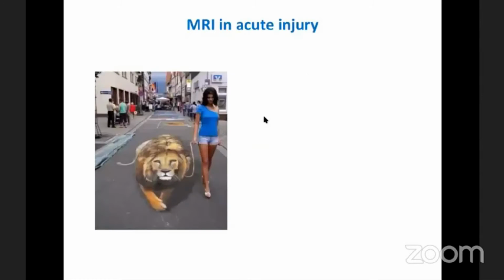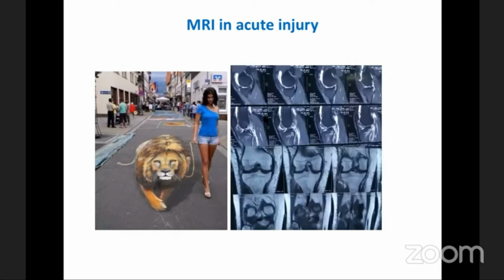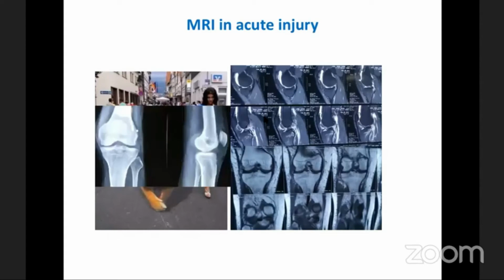MRI in the acute setting was reported radiologically as injury of the ACL. At the same time, arthroscopically, this patient had injury to the ACL only, so reconstruction of the ACL was done. So an MRI done in less than 1 week is sometimes very confusing. So always